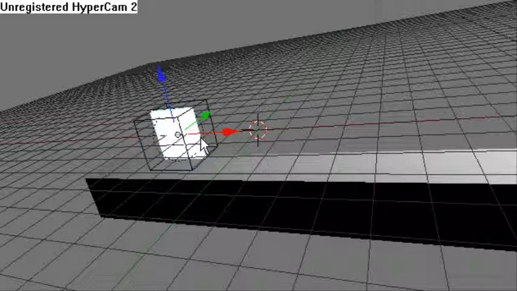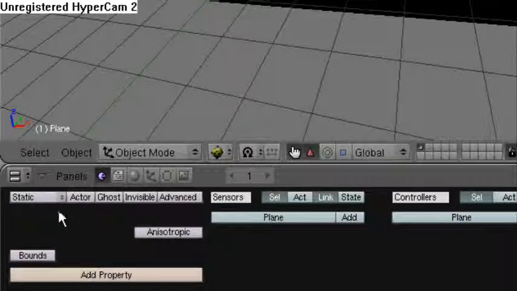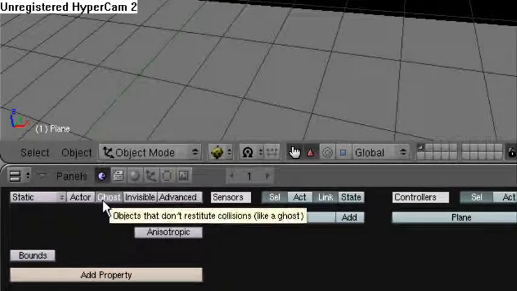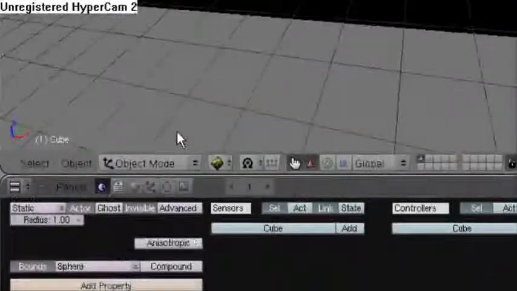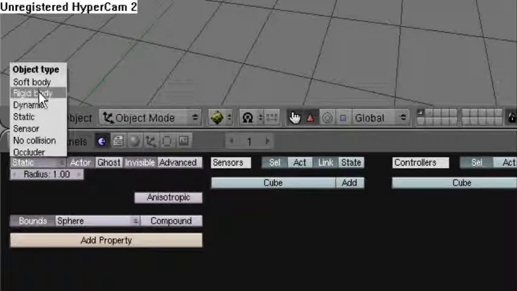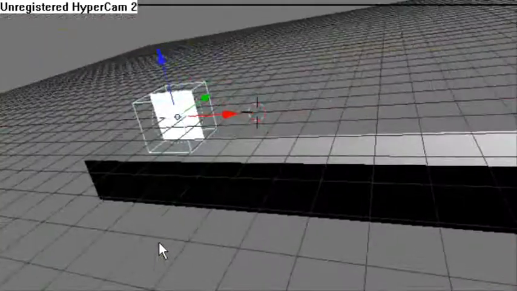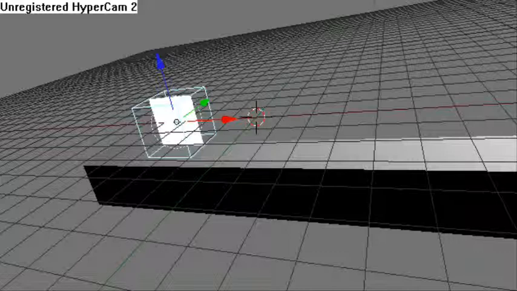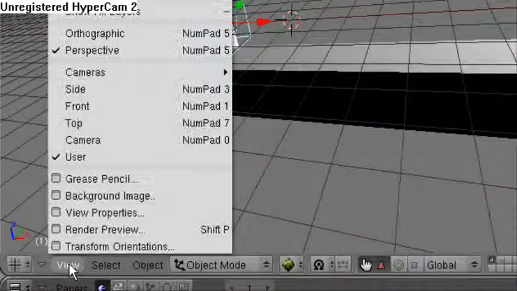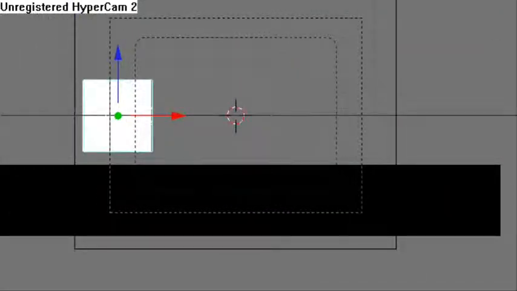And we want to go here, right click the plane which our character is contained in, and we want to set this to ghost. That's it. For the cube, right click the cube. We want to set this to rigid body and actor invisible bounds. That's it. So if you go back to camera mode by pressing 0 on the numpad or going down here to view and hitting camera, you press P for play,